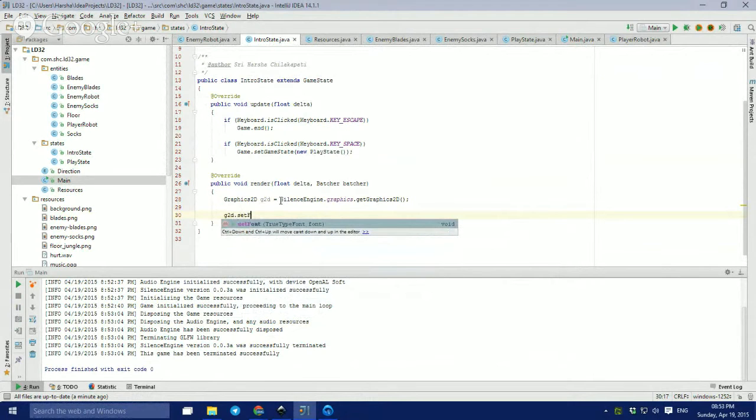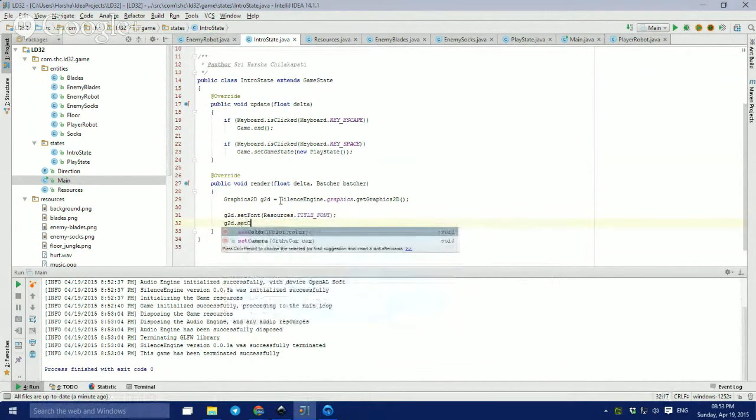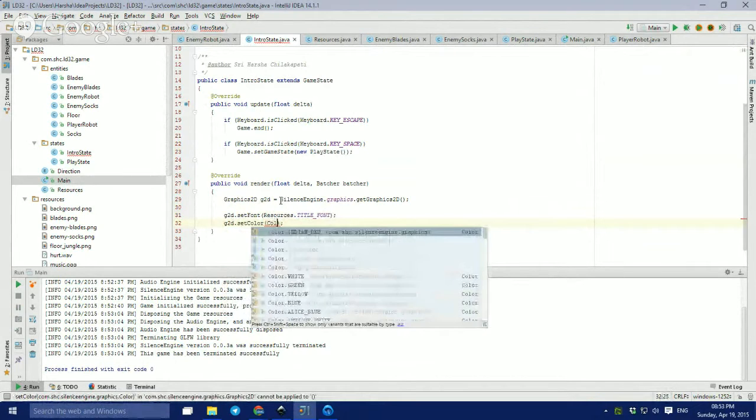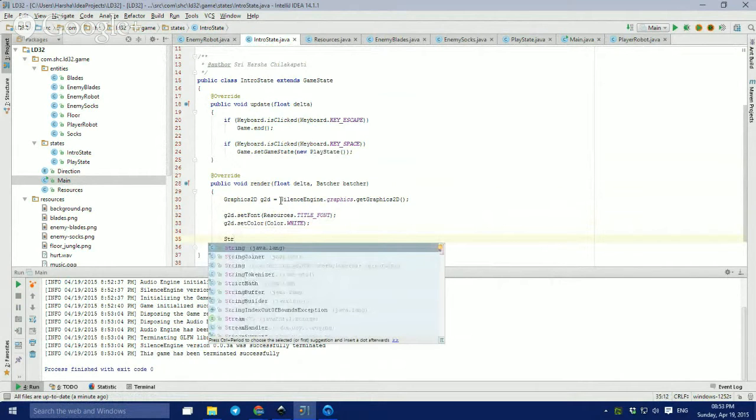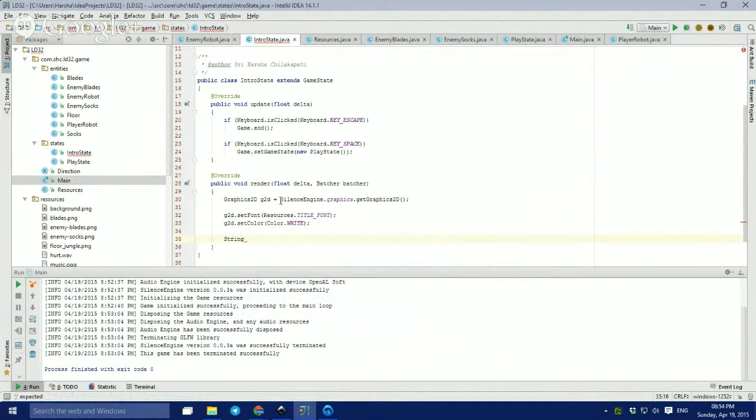So the first font I'm using is resources title font, and the color is pure white, color dot white, and then I'll have to measure the string to make it in the center. So string title is equal to,